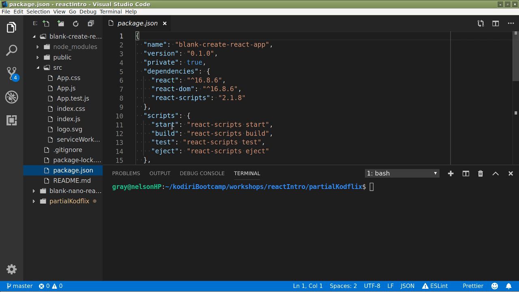And we notice here that we've got a couple of scripts, well, 4 scripts to be exact. We've got start, build, test, and eject. Yeah, and I think we've at least used one of them in our project so far. What one have we used, guys? Start. Yeah, we've been using start, so we've been doing npm start, haven't we, or npm run start, either or,